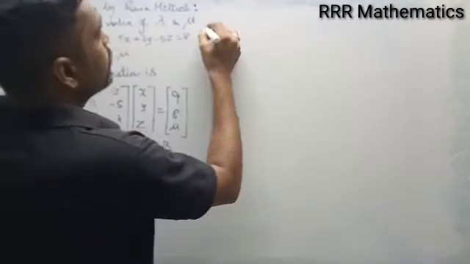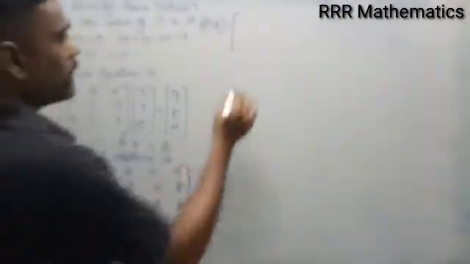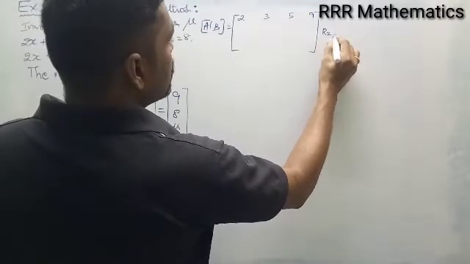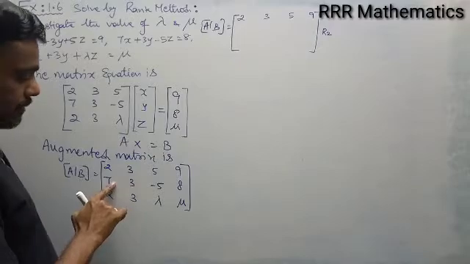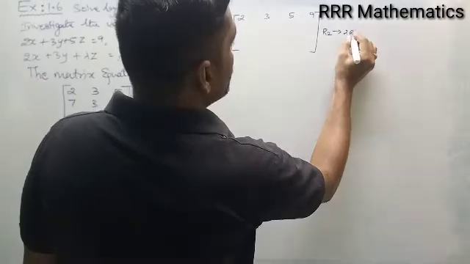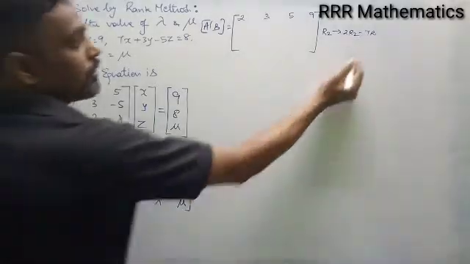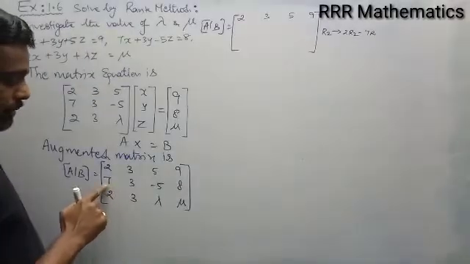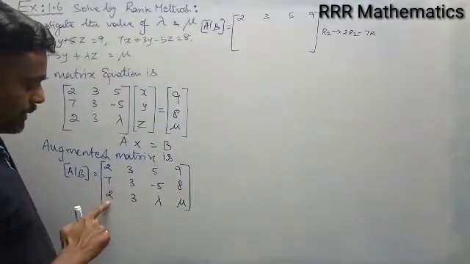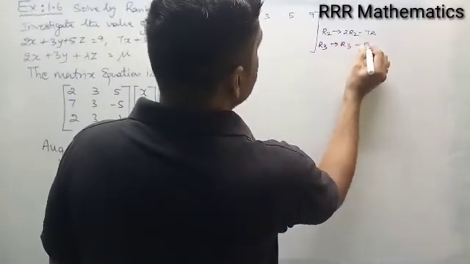Okay, see here. Leave the first row as it is, 2, 3, 5, 9. I want to bring 0 here and here by using R1. I have 7 here, I have 2 here. I will multiply 2 in R2 and 7 in R1, and subtract. Same sign, plus 2 plus 7, so I will subtract. I will multiply 7 in R1 and 2 in R2. Then when you subtract, I will get 0. Here the same number, 2 and 2, so directly I can write R3 as R3 minus R2.